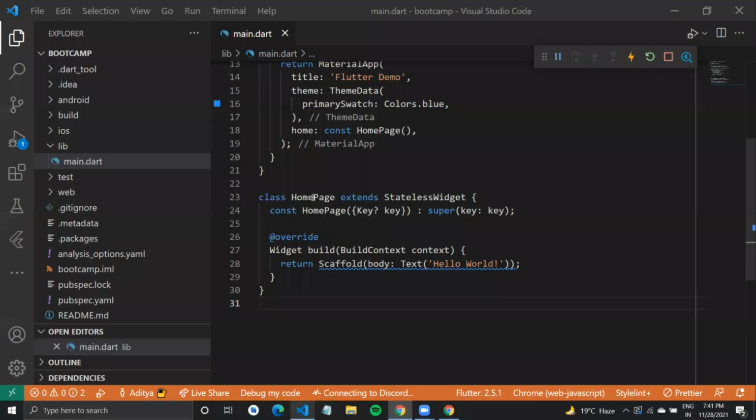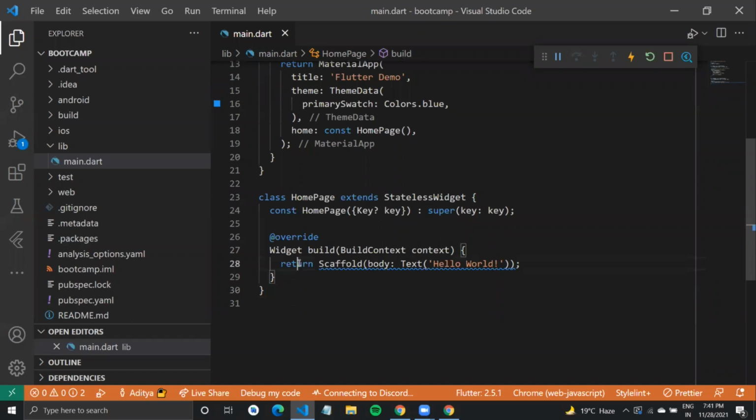You have your widget, a class called HomePage, and it just extends this StatelessWidget, which is defined by the Google team. And you have your constructor. You don't have to worry about the constructor, but what it has is something called the build function. The build function basically tells the framework what you want to show on screen.